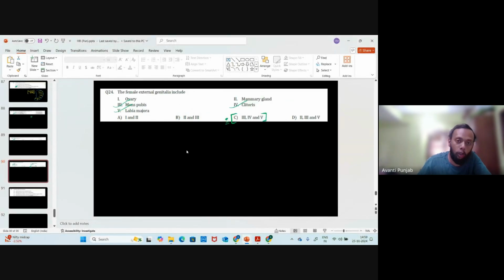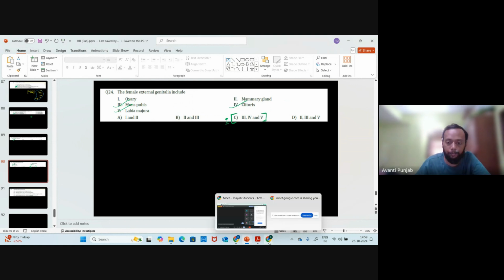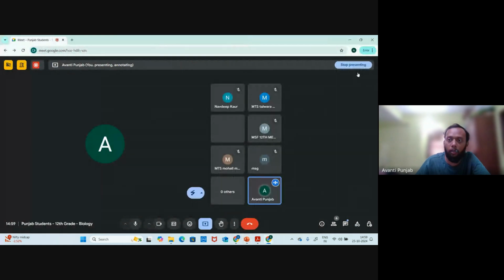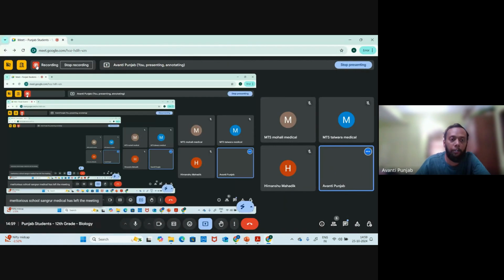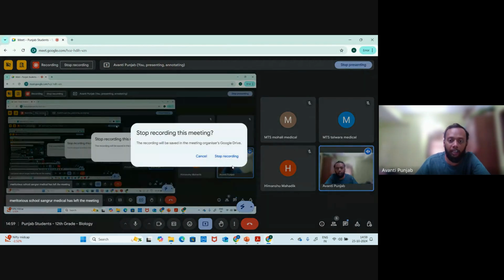Increase the thickness of the pen. Alright, I'll do that. I'll ensure to increase the thickness of the pen. मैं वो कर लूँगा. Okay. Surely I'll make sure that next time onwards, tomorrow onwards, you'll have more thickness of the pen. Yes, I'll make sure that happens. Alright, if you have any question, you can ask a question. अगर कोई आपका सवाल यहाँ पे नहीं है, then